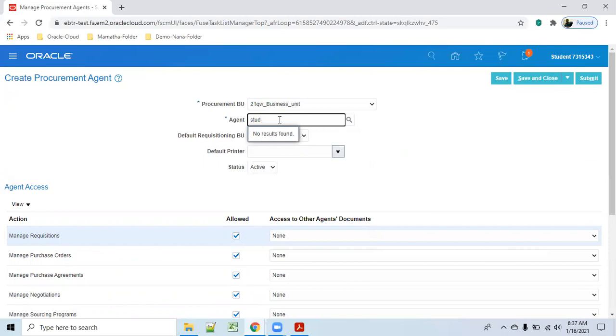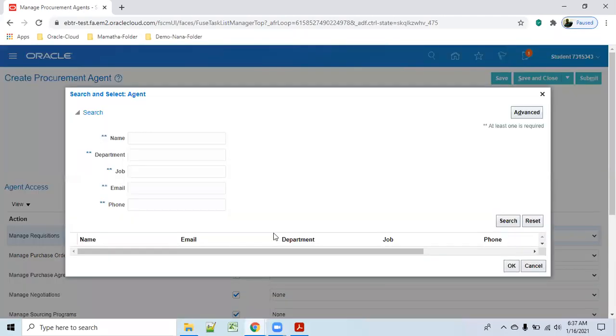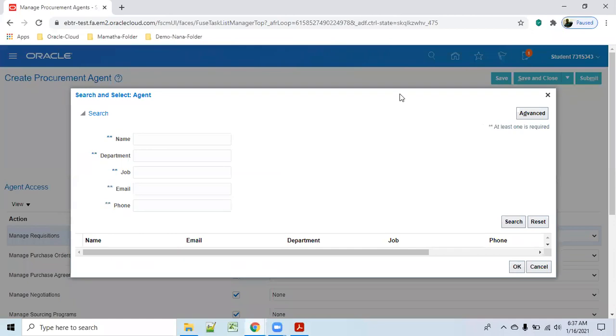So why is my user not coming up? Because this procurement BU has to be present under the legal entity, only then will it come.